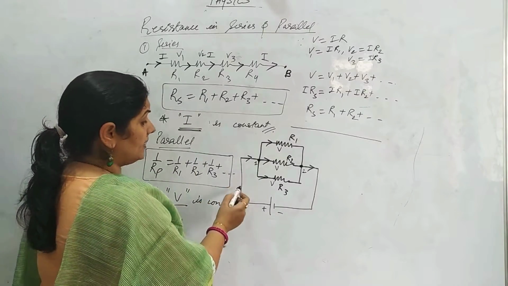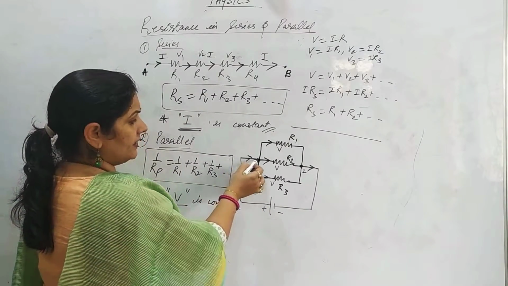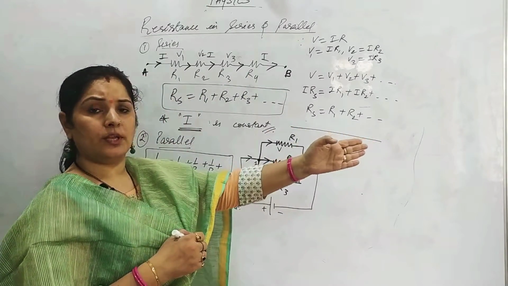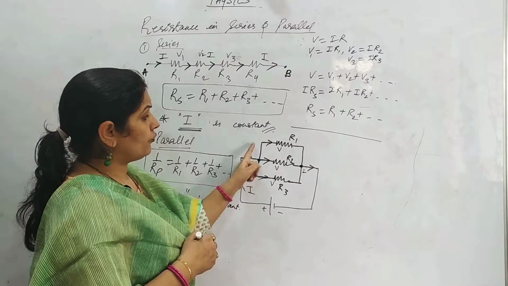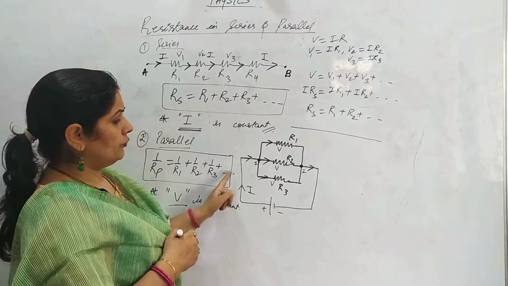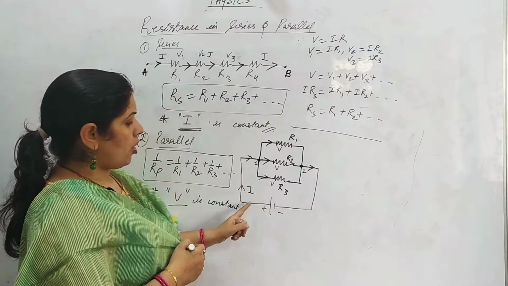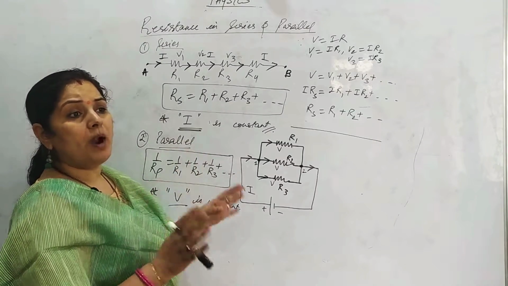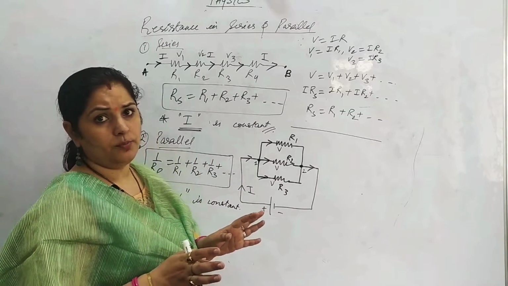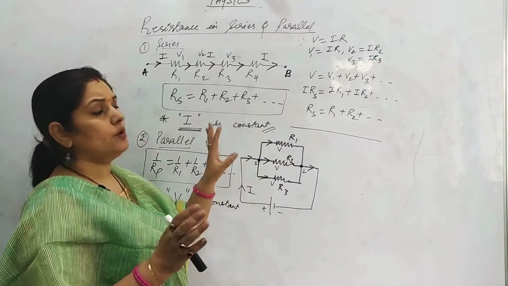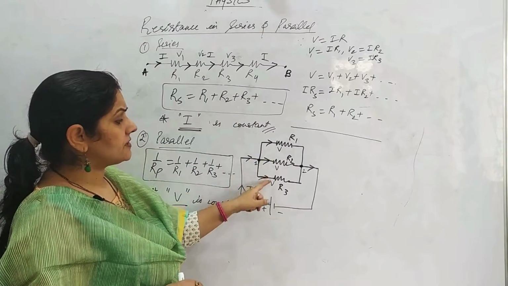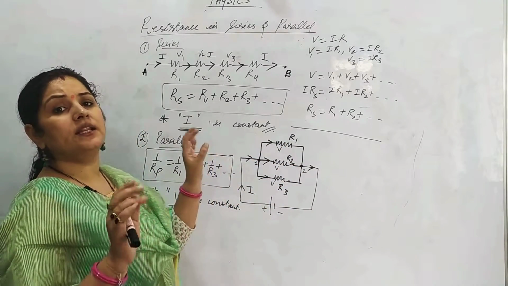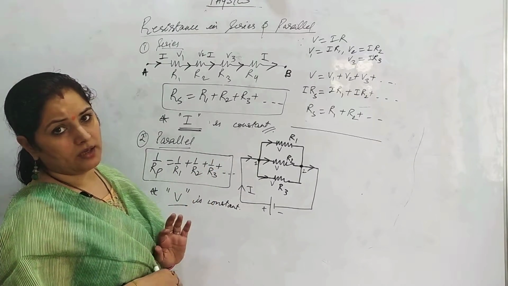Although whatever current is flowing from here, I current has multiple ways. Here it had only one way. एक ही रास्ता है पास होने का. But here current can pass from option 1, from option 2, from option 3. So there are multiple ways. So whenever we have multiple ways for current to pass through, whenever the current is getting divided, we say that if all the lefts and all the rights are connected, they have the same potential, then we say that these resistances are connected in parallel. Right?